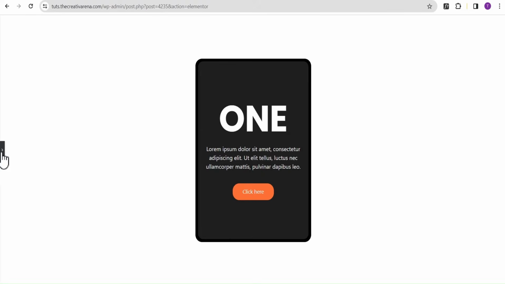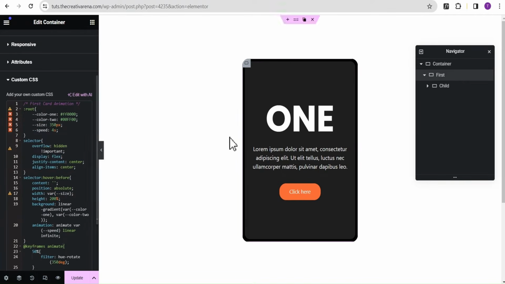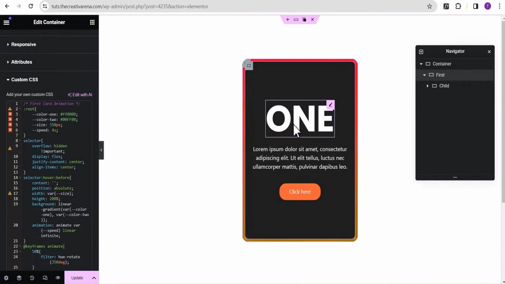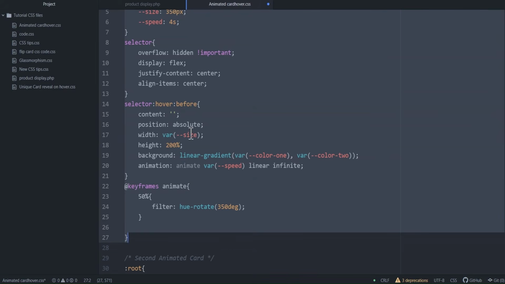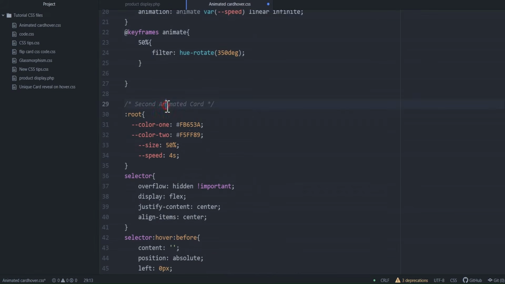Okay, so now if you do not like this first animation, I'm going to show you the second animation. And to do so, I'm just going to head back to my code editor and I'm going to come down to this second